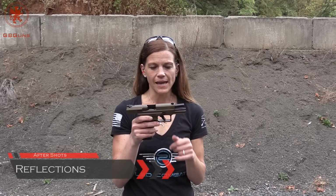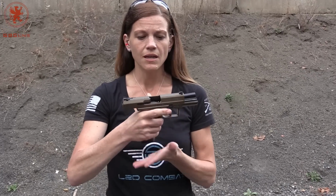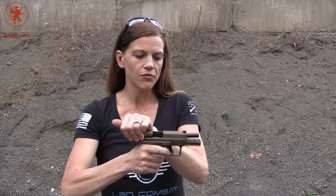All right, so we are out with the Canik TP9AS. It's a larger gun than I like to shoot, not because of recoil or anything like that, just the sit in the hand is a little bit bigger. That said, everything is pretty reachable for me. I can get to the mag release, I can get to the slide release. The trigger pull itself